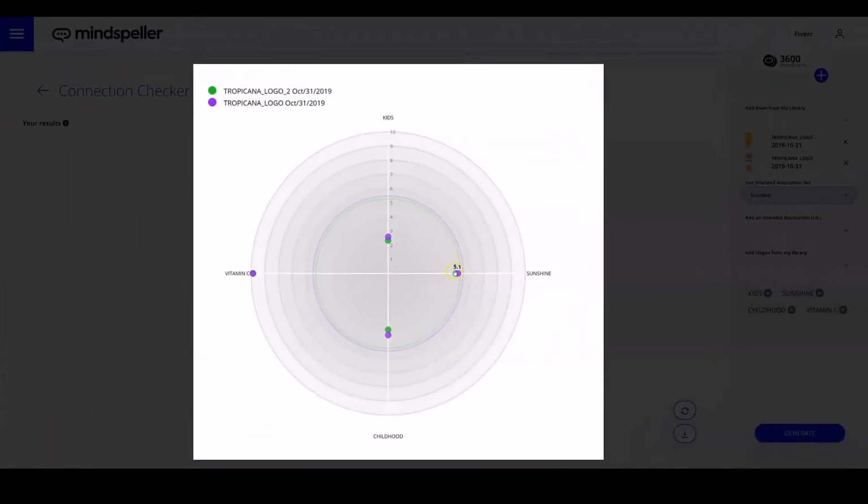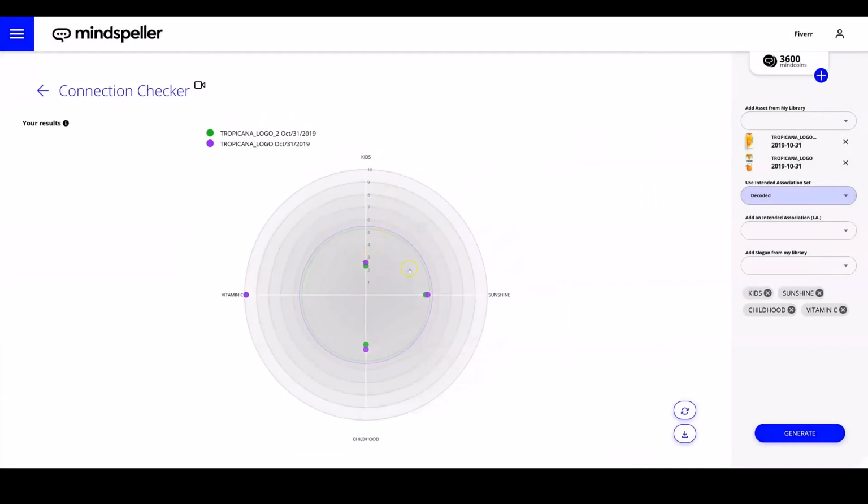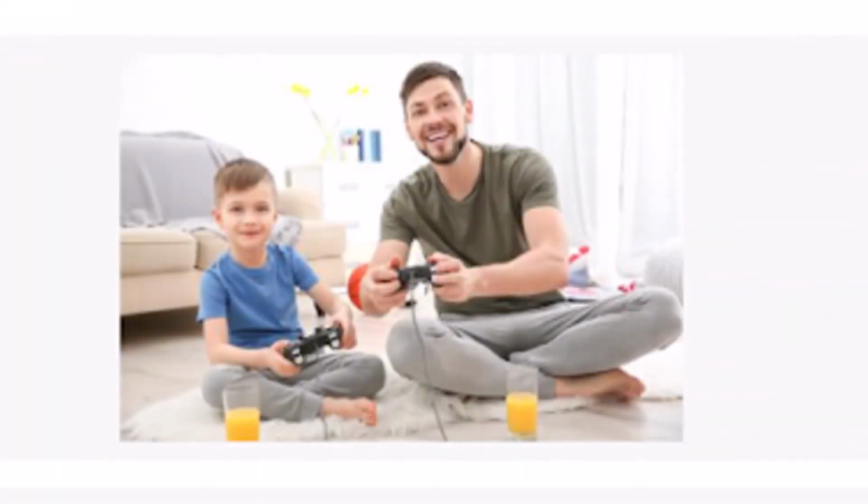Differences in excess of 0.2 on this scale can be quite valuable if you consider how difficult it can be to differentiate your branded assets from the competition in the present-day marketplace. If we analyze the results of our Connection Checker scoring exercise, we can conclude that for the childhood theme, our target Tropicana asset shows the strongest competitive advantage compared to a more generic competitive orange juice product visual. This means we can now rest assured that the childhood theme is our best option as intended association input for